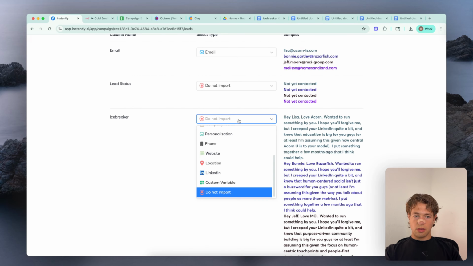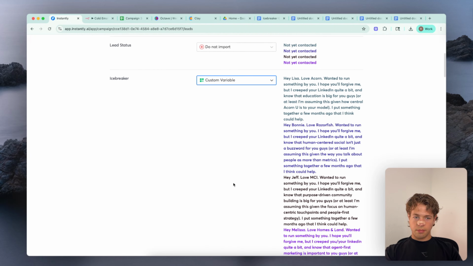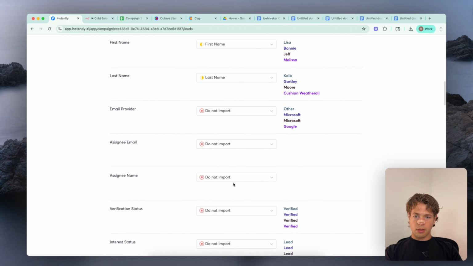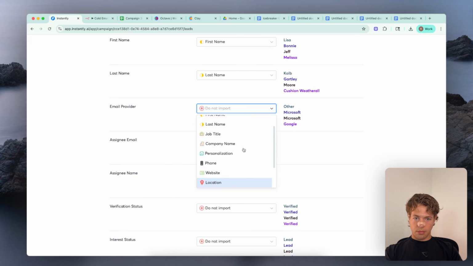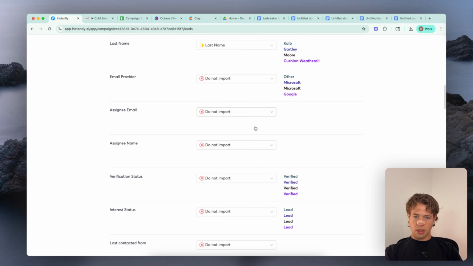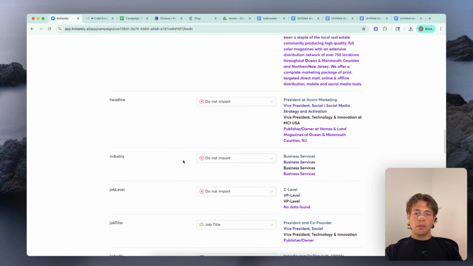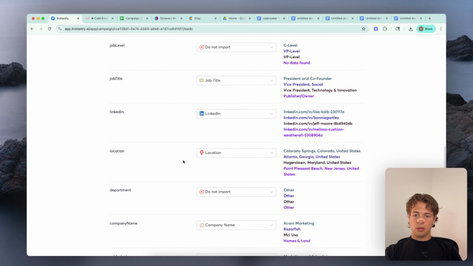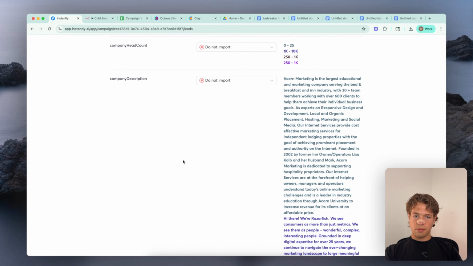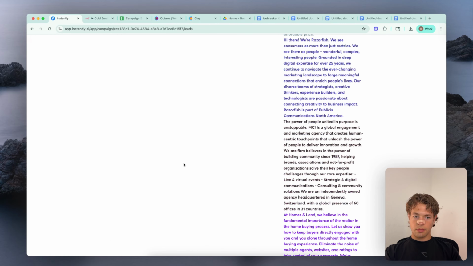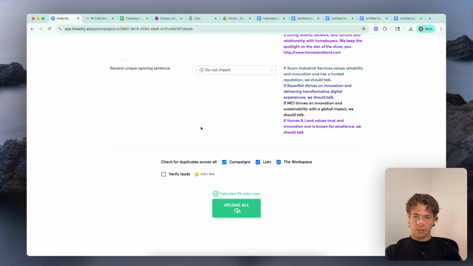Email, lead status, icebreaker is going to be custom variable. First name, last name, email provider. Nope. Signing email, name. Industries, job level, location, blah, blah, blah, blah, blah.